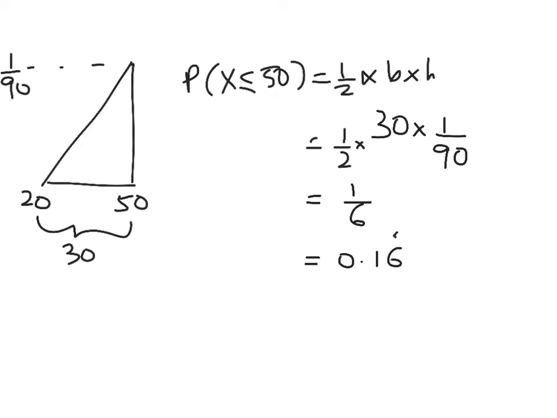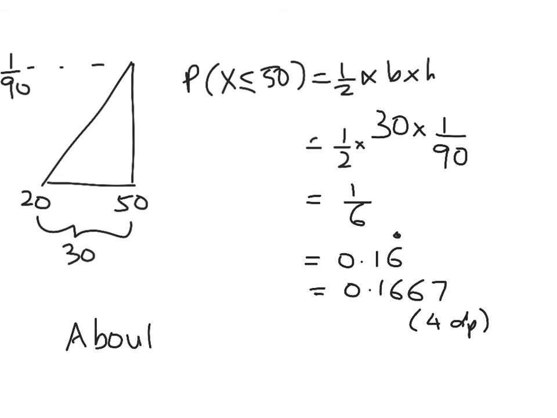Or as a recurring decimal I get 0.16 recurring. If I'm rounding it to 4 decimal places, which is what I usually recommend that you do, it's that, but we were asked to find the percentage of showers that use 50 litres or less of water. So we want to turn that into a percentage, right? So it's about, what are we going to say, 16.7% of showers use